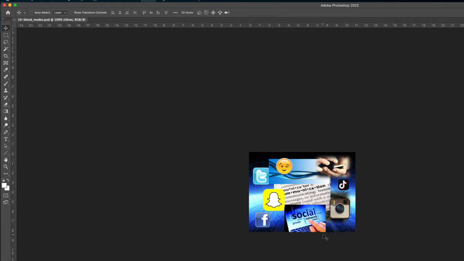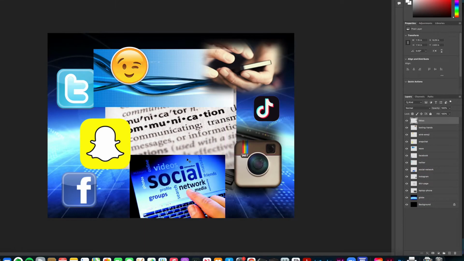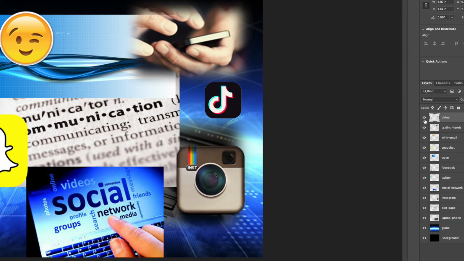You zoom in on that. Mine looks really small here. I'll zoom out some. That looks pretty good. All right, so here's what the document will look like to begin with. Now, the first thing I want to do is a quick run through of what all is in there. To show you that, I'm going to, I don't think I can move this over. I can't. I'm going to go over to the layers panel, and these little eyeball buttons that are next to every layer,